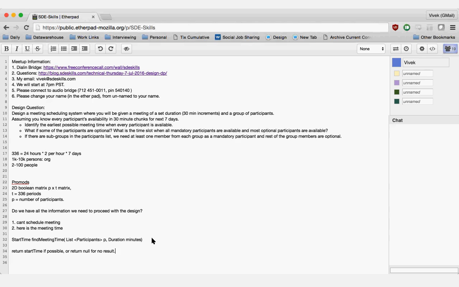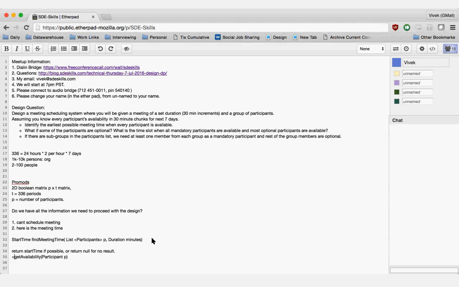Okay, go on. Where I was going next is what kind of API do you think will be available to you? I'm reacting to number 10, which says participant availability in 30-minute chunks. What would that API look like? What I am expecting is a list of start and end times that they are available.